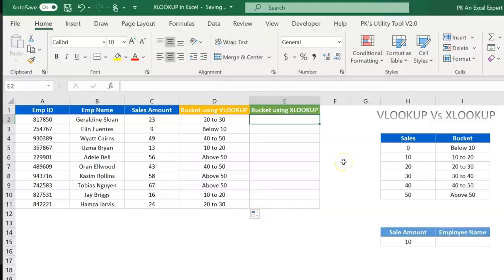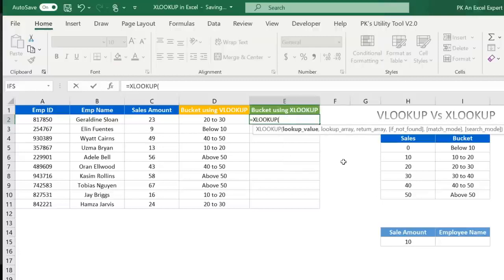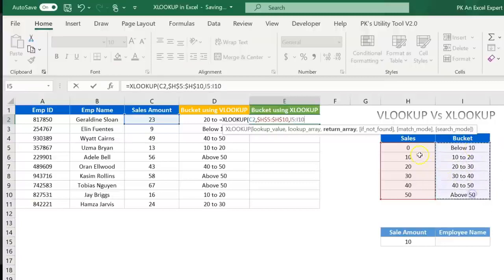Now if I use the same thing in XLOOKUP, how can we achieve this? Let me show you. I'll use XLOOKUP here, then lookup value I will take this, and the lookup array, I will take this sales. This one, you can select this range, press F4, comma, the return array. For the return array we want to return this one. Make sure the reference size of the lookup array and the return array is the same. Press F4, comma.